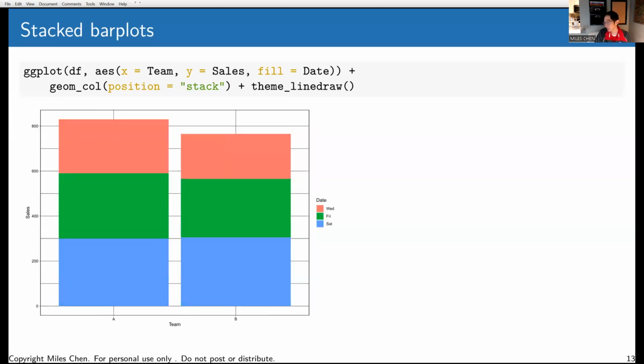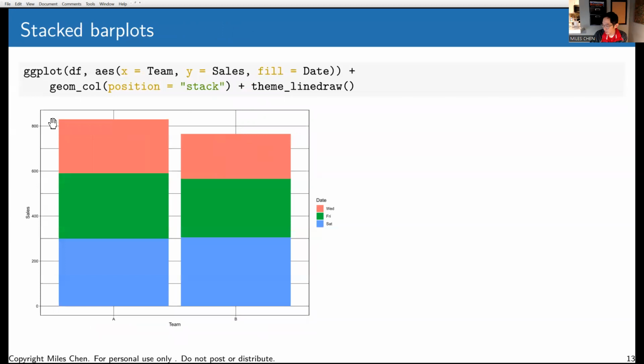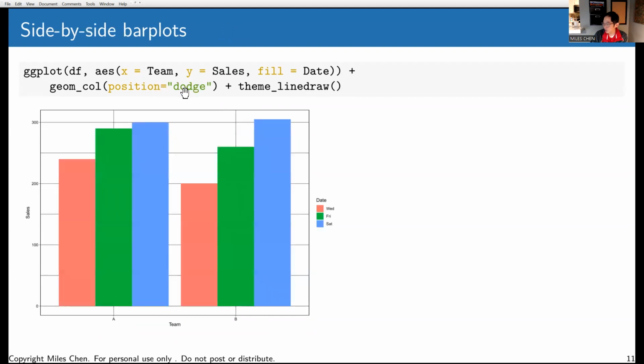Similar kind of thing. Now we're really just comparing team A and team B, and we have the breakdown between Wednesday, Friday, Saturday, but again, when it's stacked, it looks like this. Okay, so again, different kinds of things that we have going on. Another option: here we just took the totals, the total in sales, but if I change the position, the different arguments for position are position dodge, which